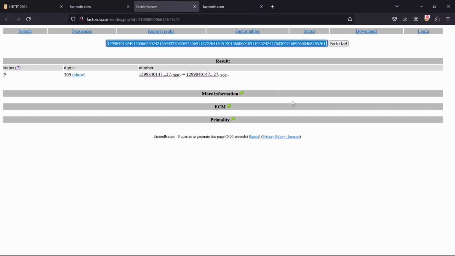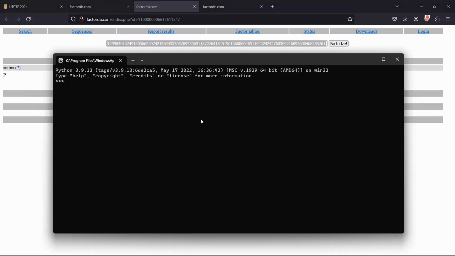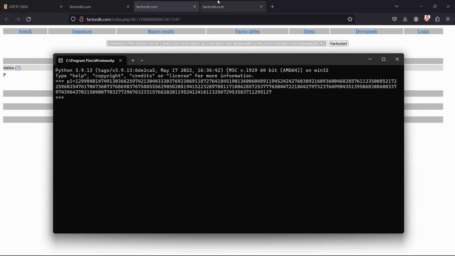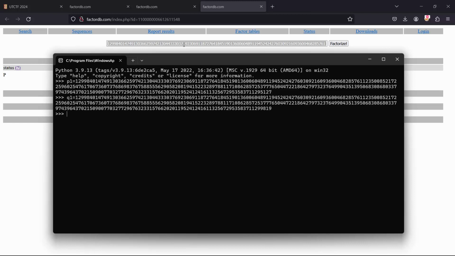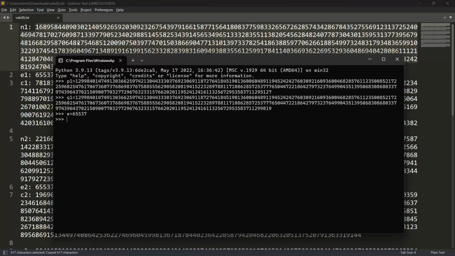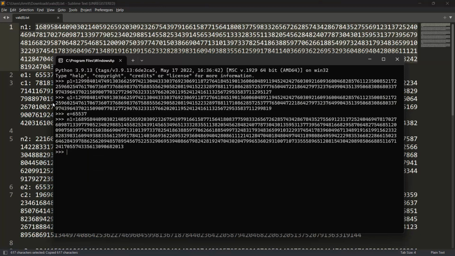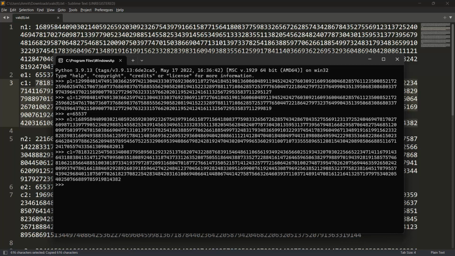So I can copy this, go here, P1 and Q1. Okay, E is that, N1, C1. Now I can do the same thing. So phi is P1 minus 1 times Q1 minus 1. So basically the same thing as we did in